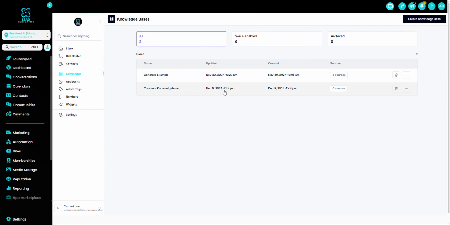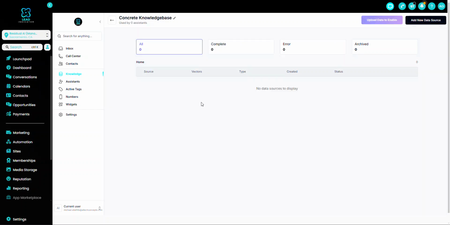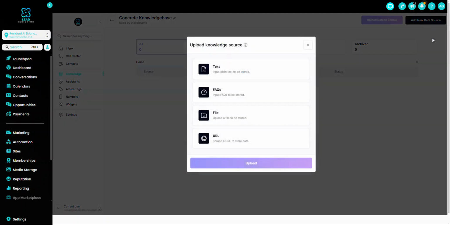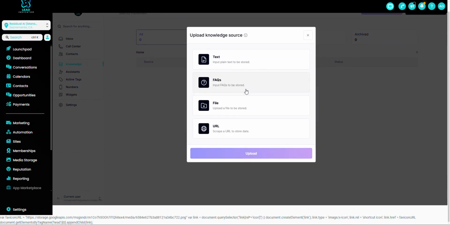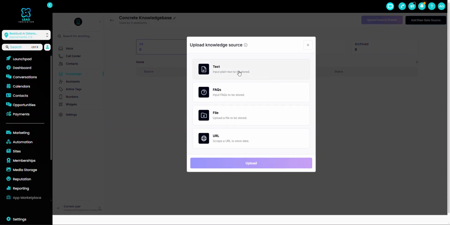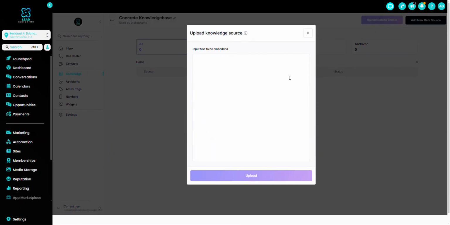Now to go over this: last updated, when it was created, and this is the amount of vector data sources, so individual sections of data that are stored within your knowledge base. If you want to add a new data source, you go to the top right, and we have 4 different options. The first option is a text option. If you just want to go in here and type out whatever you want to type out,